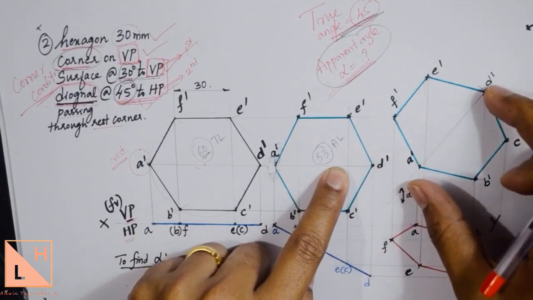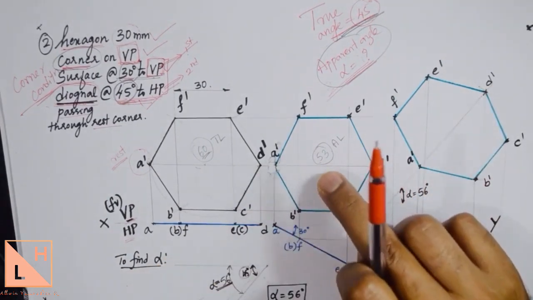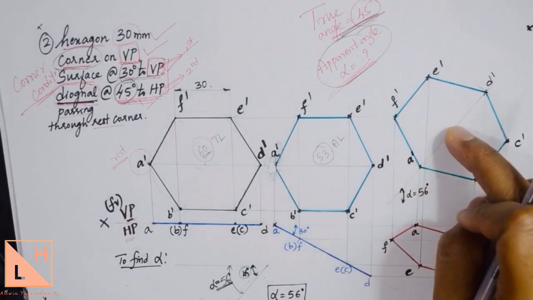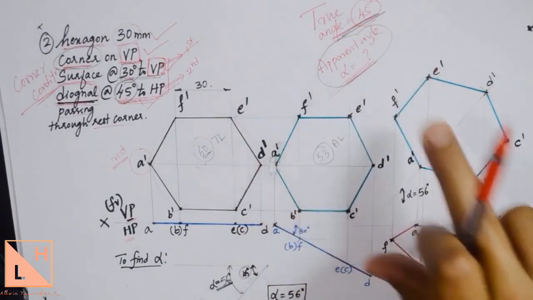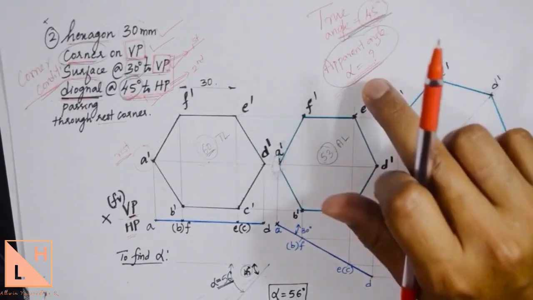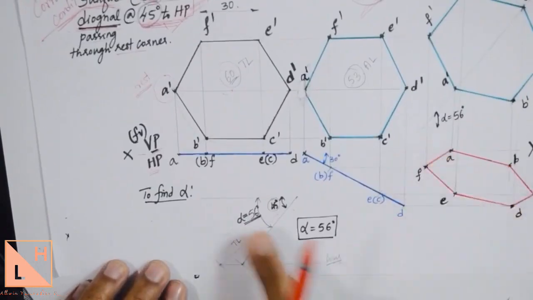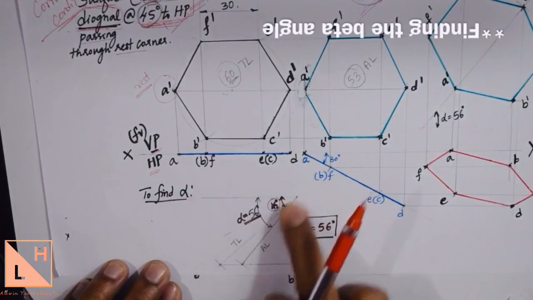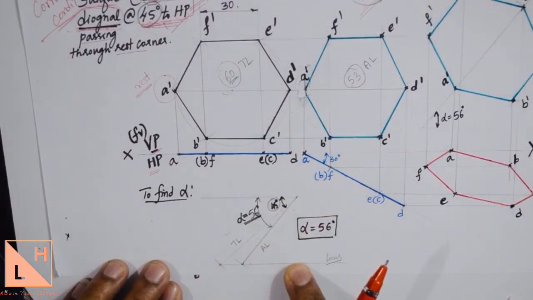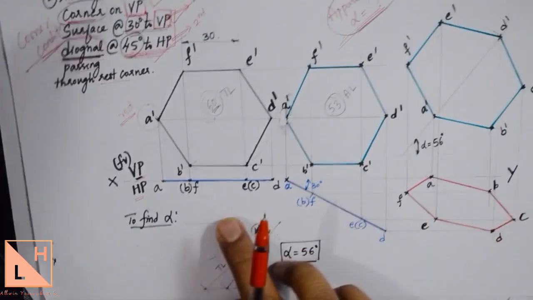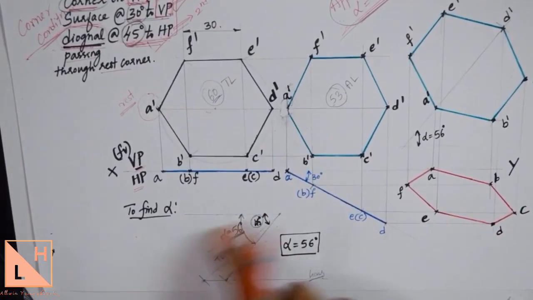So before we incline it here, we are going to use the second position. So I need apparent angle here to incline the apparent length. I can't use the true angle for apparent length. Hence, I need to find out the apparent angle, which we did by this process of calculating the beta angle separately by geometrical construction, right? You can go back and have a look at this if you have doubt how to find out this.